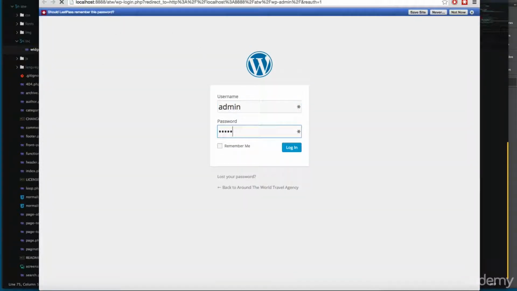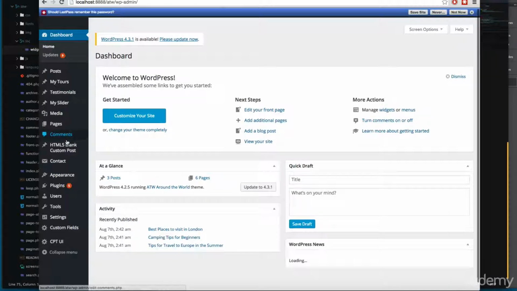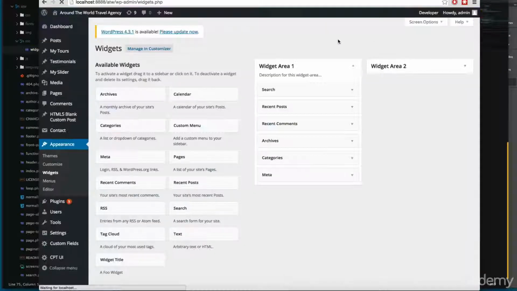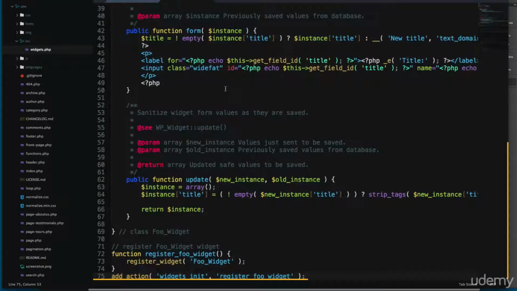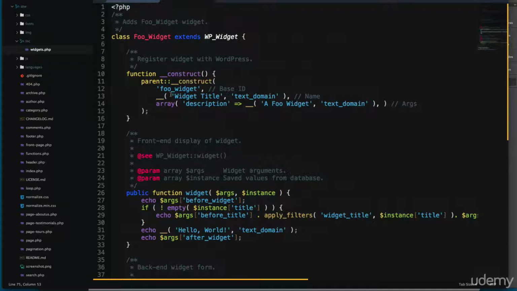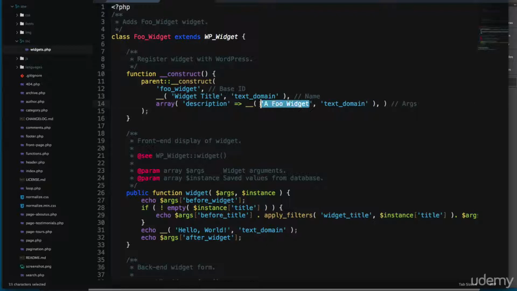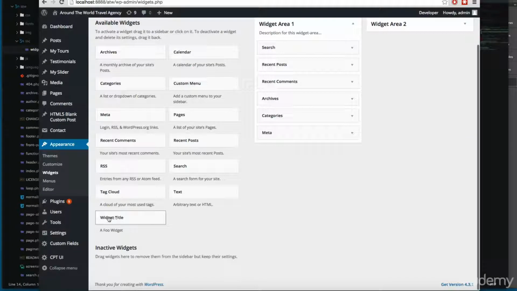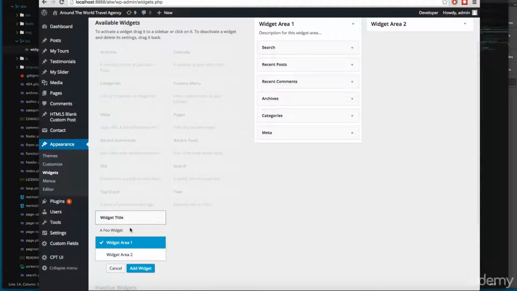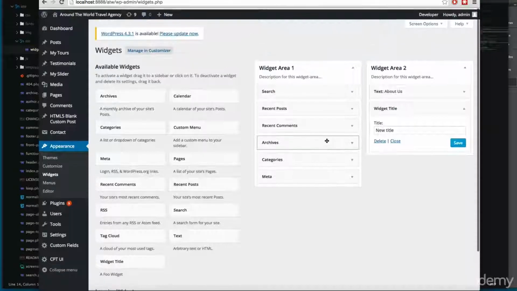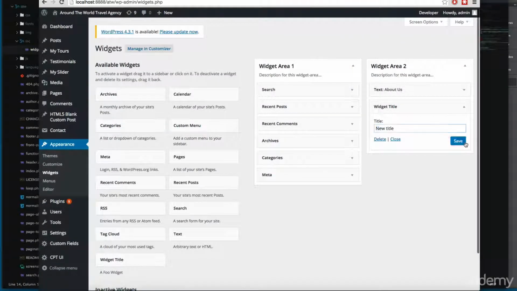I'm gonna log in the backend. So I'm gonna open appearance, widgets. Not now. And take a look here, you can see it says full widget. The title is widget title and the description is a full widget. So let's look for this widget. You can see it right here, widget title, a full widget. And then you can add this to the widget area. Let's add this to widget area 2. And you can see it says new title. So let's save this